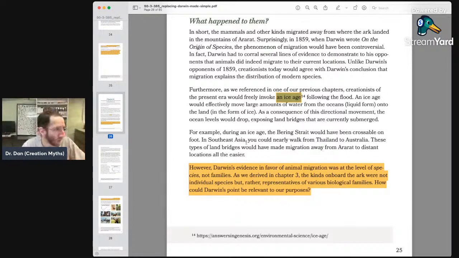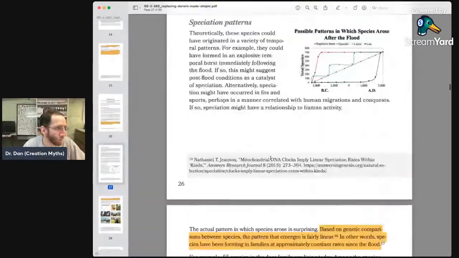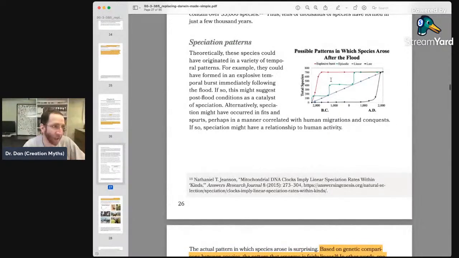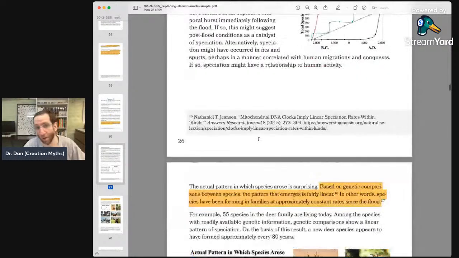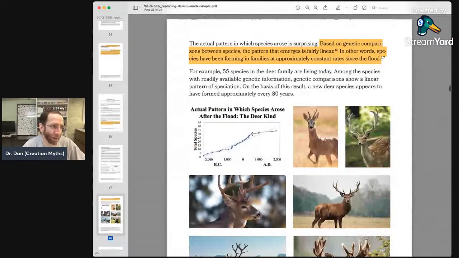So let's see. Darwin's evidence. Okay, he talks about migration of species, but I don't care. Now, Jeanson, this is really interesting. This is where he gets into linear speciation rates, and he says, like, there's a lot of different ways you could have speciation. You could have very fast, and then it slows down, very slow, and then it rapidly accelerates. You could have kind of a stepwise pattern. You could have a linear rate. He says that you could look at lots of different families, and you get linear speciation rates. And here's an example, and it's not exactly linear, but he did a linear regression on it, plotted out the line. It's fine.